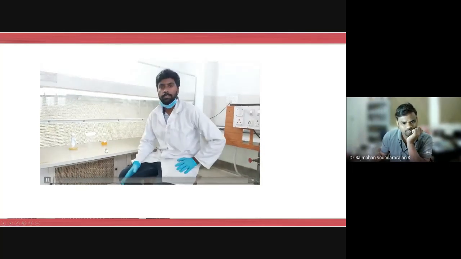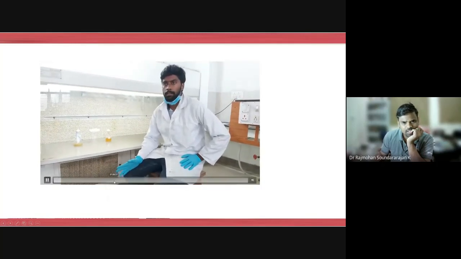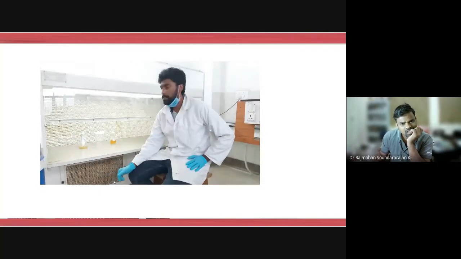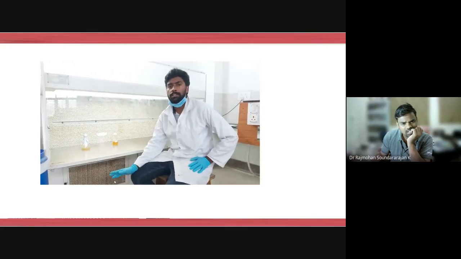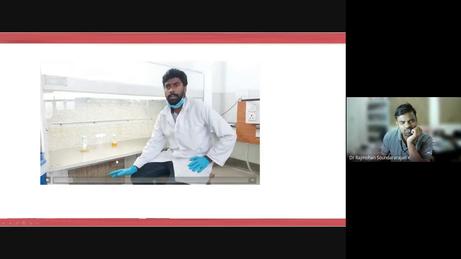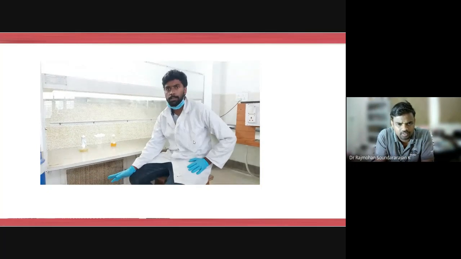As we have already seen in the presentation, immobilization is the trapping of these microorganisms into solid particles or solid materials. The solid material that I am using is activated carbon made from the coconut shell. As I told you, he has prepared the activated carbon from the coconut shell, which is widely available. Wherever you find tender coconut sellers, they are throwing out the coconut shell, right? So with that you can make activated carbon. And the microorganism that I am going to immobilize on this activated carbon is Pichia pastoris.